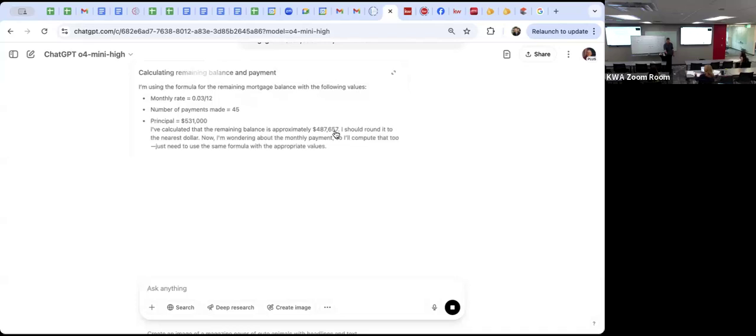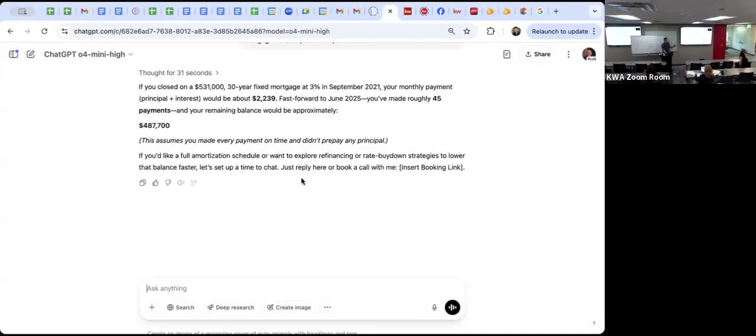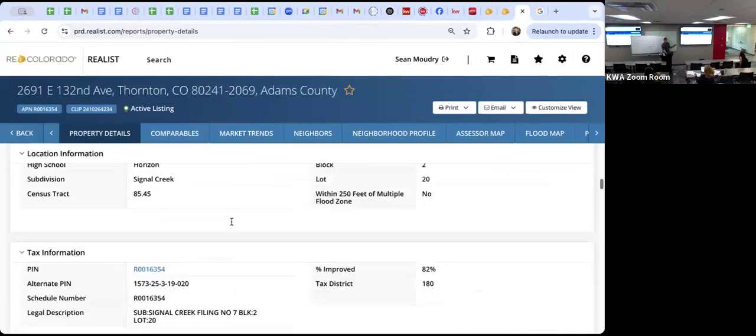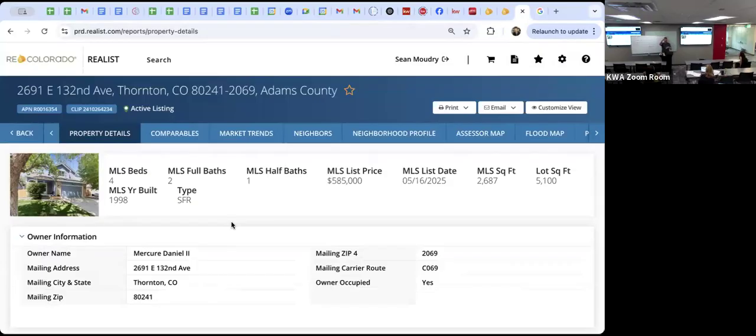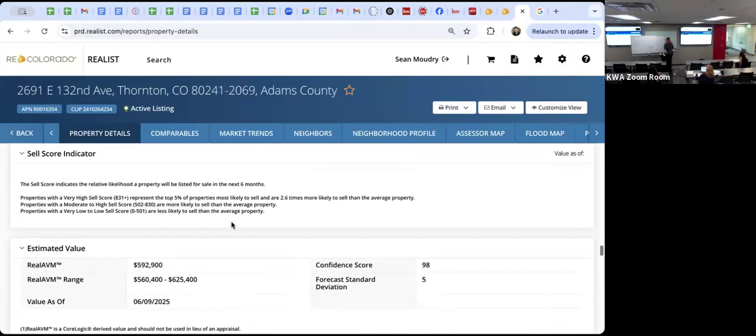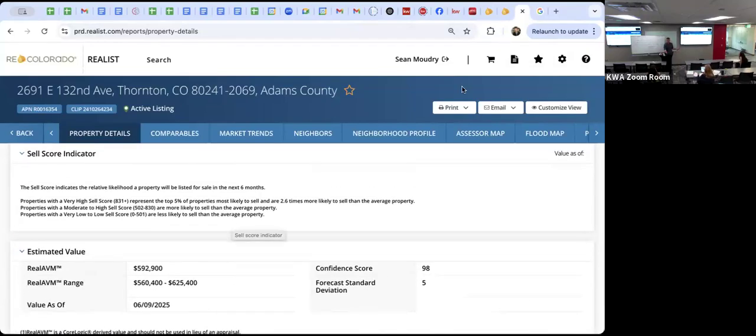Okay, there we go, 487. Okay, 487, let's call it 488, okay? So yeah, the gap is 100,000 or 97,000. But for 97,000, you can assume the 487 loan balance at 3%. So then,